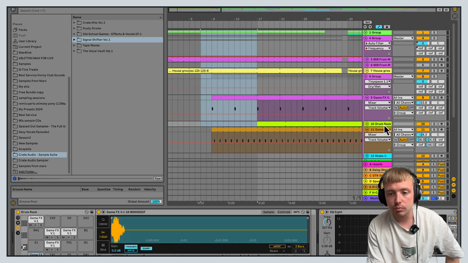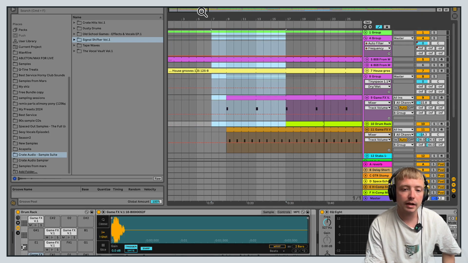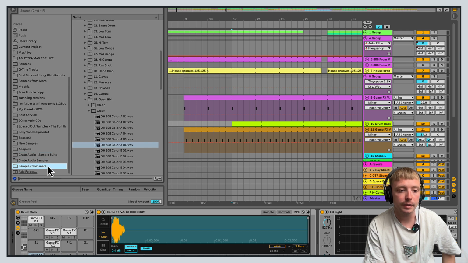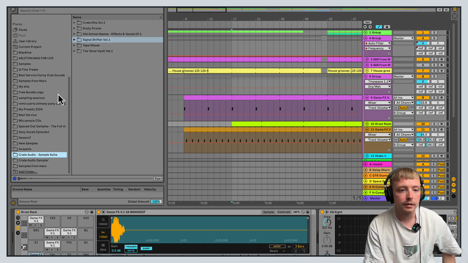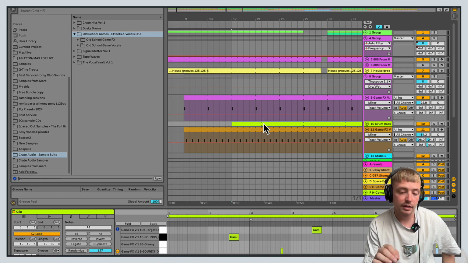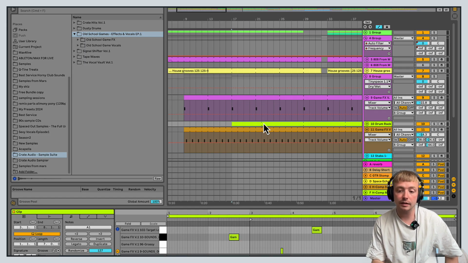Then I made a drum rack, and on the drum rack I added quite a few different sounds. So I have 1, 2, 3, 4, 5, so 5 different effects in the drum rack. I just went through the Old School Game effects pack, and I just picked the ones I like, added them to the drum rack, and then I just start hitting the keyboard and seeing where they fit in,